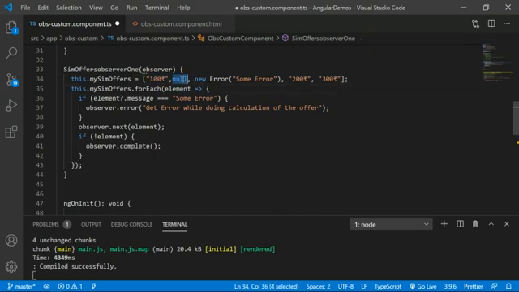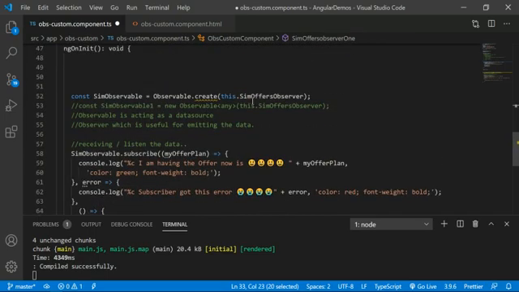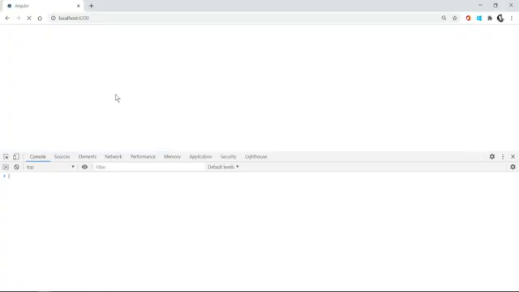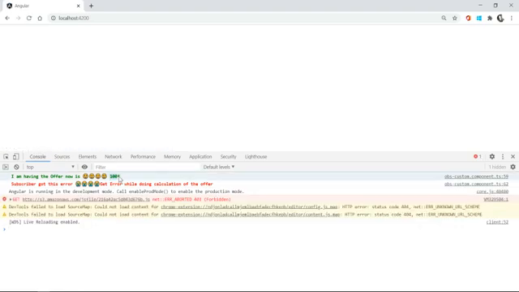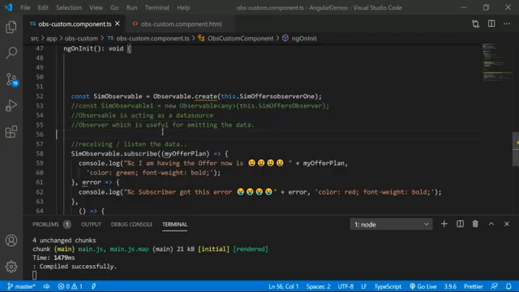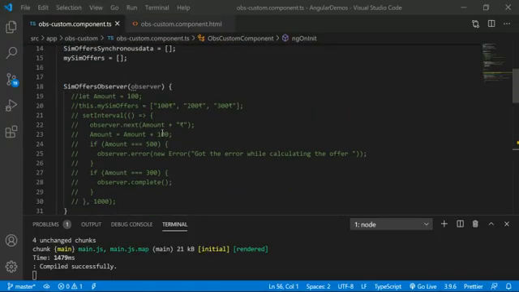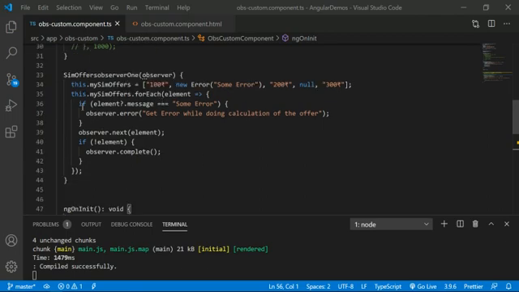Okay. Now let me see the output. I am passing this function into the observable. Now see the output. See, now I have only 100 rupees. After that I don't have anything, because I am stopping it by using a proper valid condition. Just assume that I am getting the data like this from the DB.